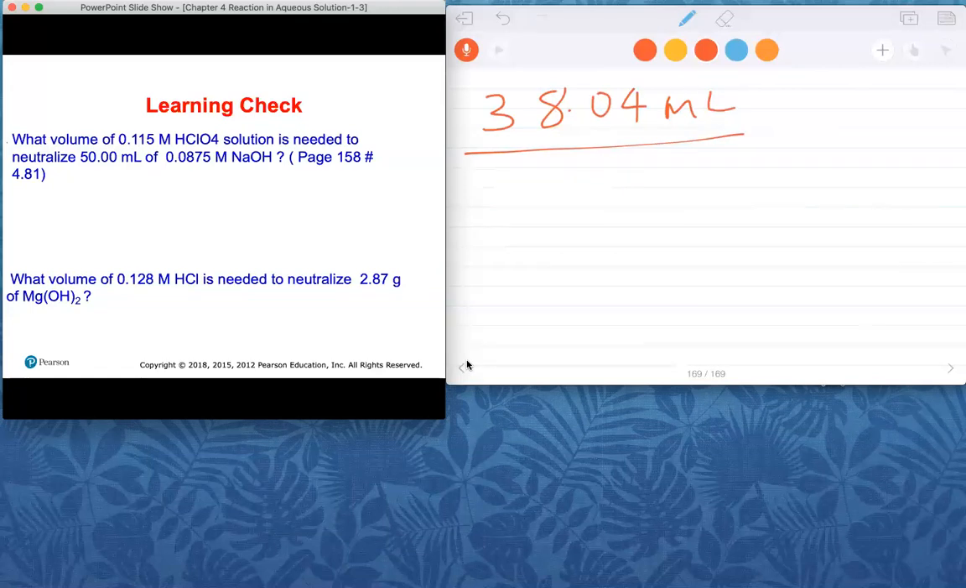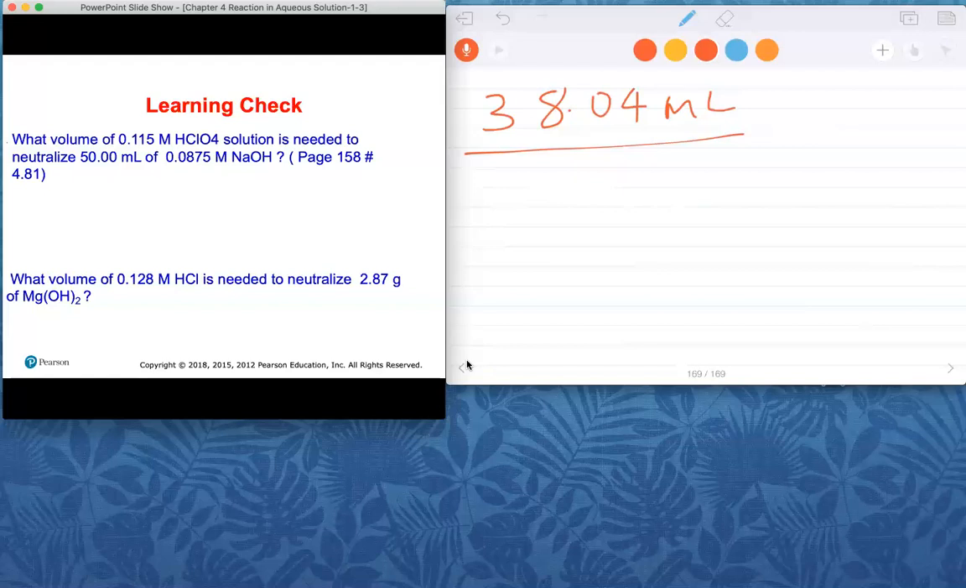What volume of 0.128 molar HCl is needed to neutralize 2.87 grams of magnesium hydroxide? Well, this is just pretty straightforward. Let's see. In this one now, let's see how 1-to-1 will not work, and maybe it will shed some light for you,